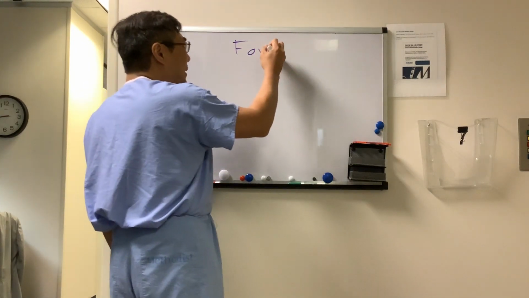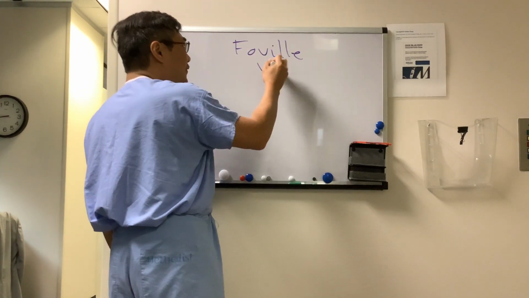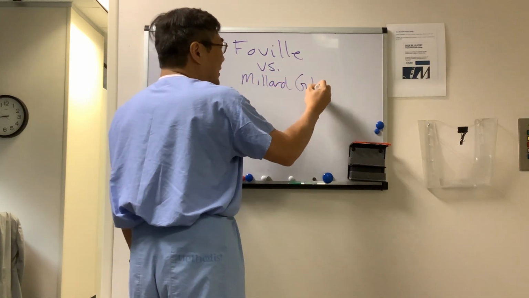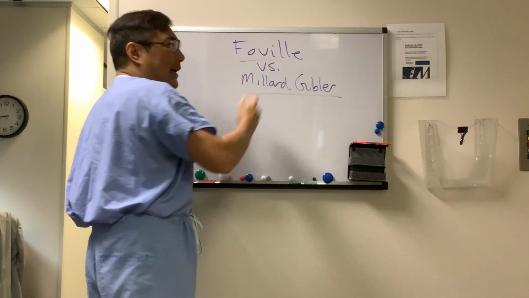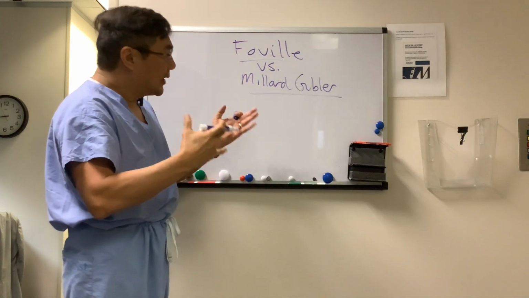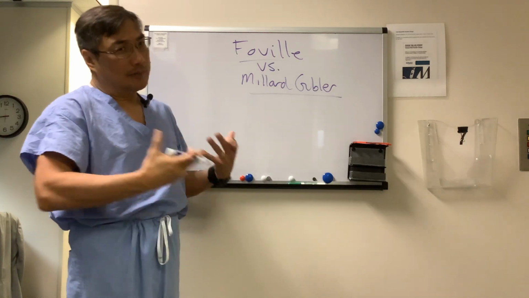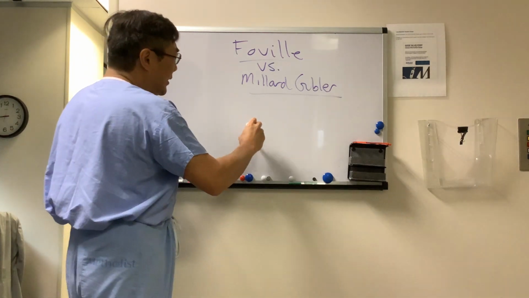So someone wanted to know about the Pontine syndromes, Foville syndrome versus Millard Gubler. And I'm not sure that these acronyms actually help us, but I think it's useful to understand what the pons looks like and how that could come to neuro-ophthalmology. So in the pons,